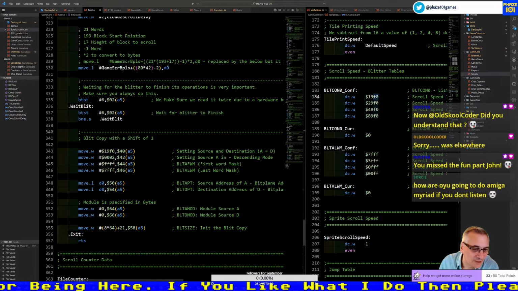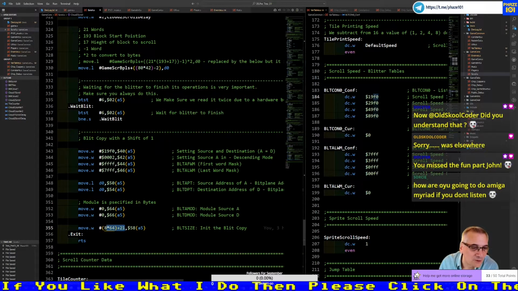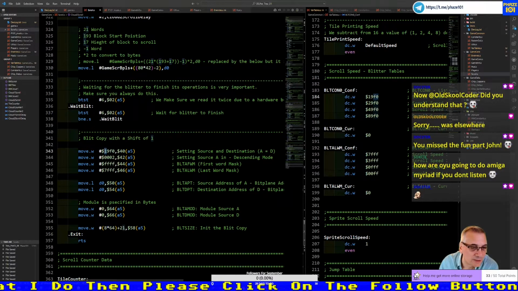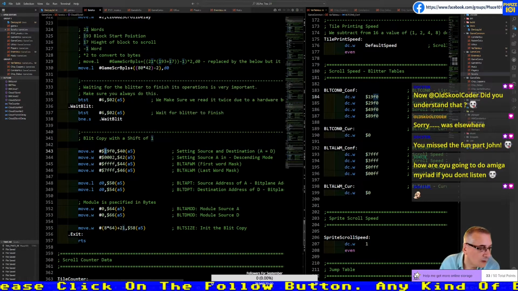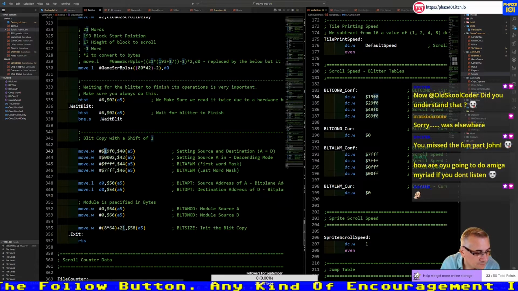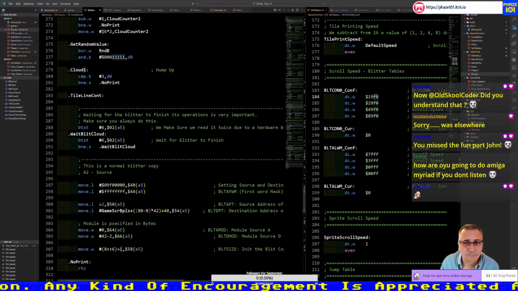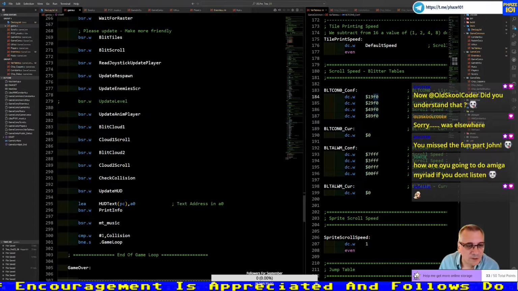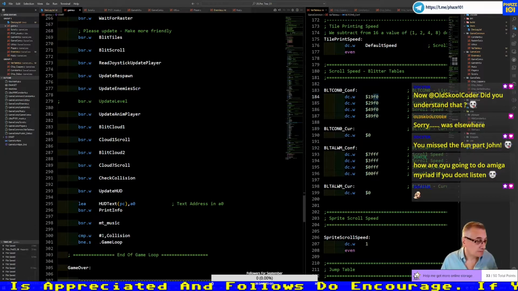You will see that the registers are always the same. It's just these values that change, depending on what you are copying. And as you can see, for example, this is doing a scroll. This is the scroll of the cloud. I'm shifting the cloud 1 pixel towards the left. And it continues like this. Now we need to do the high score. I hope that helps, seriously.